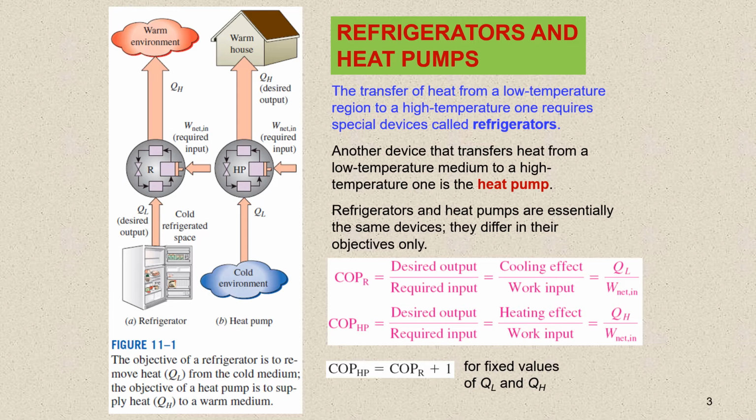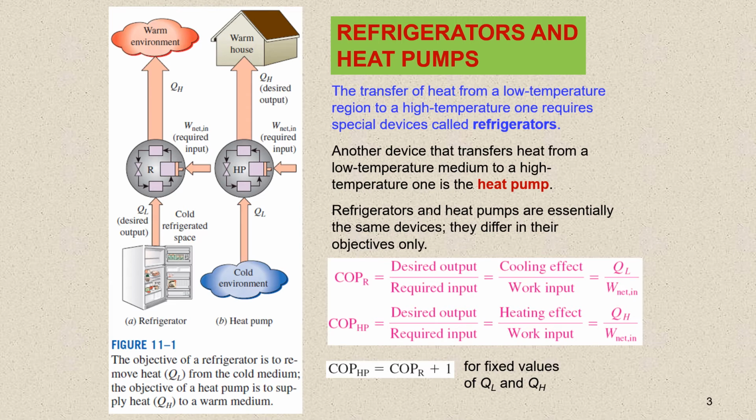quantities. Another device that transfers heat from a low temperature medium to a high temperature one is called the heat pump. Refrigerators and heat pumps are essentially the same devices. They differ in their objectives only. The objective of a refrigerator is to maintain the refrigerated space at a lower temperature by removing heat from it. Discharging this heat to a high temperature medium is merely a necessary part of the operation, although it is not